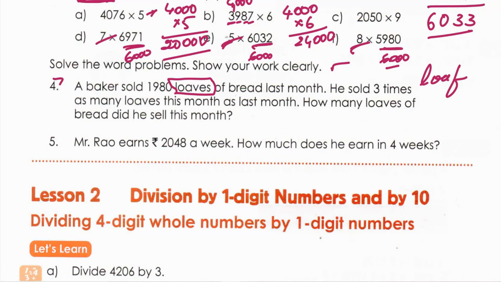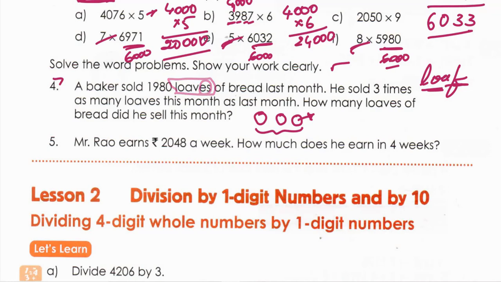Whenever your mom is cooking chapati or puri, she mixes water into the flour and makes lumps. A single lump is called a loaf, and the plural form of this is called loaves. Dharmika Akka might have explained countable nouns and plural forms of nouns in her video. You can check it. Why this F is replaced by ES is also clearly mentioned. You just go through that video and you will come to know.